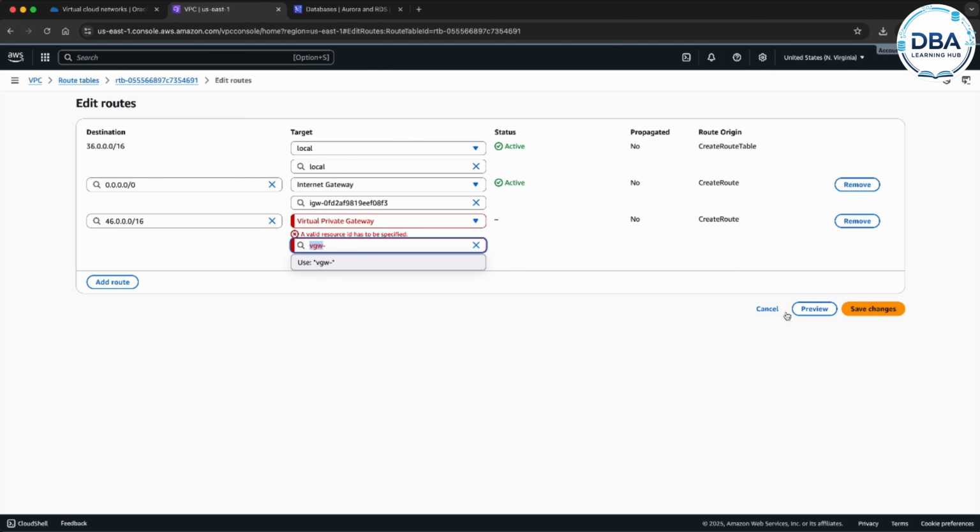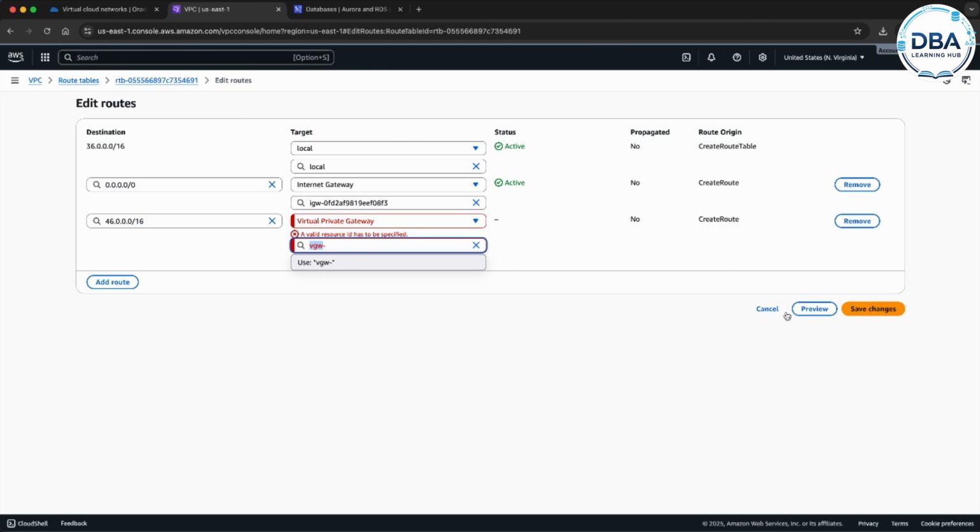One minute. Let me go to virtual private gateway. Oh, sorry, I forgot to attach it. So we need to attach to the VPC. Okay. Now you have attached to VPC. It's being attached. Let's go back to route table again